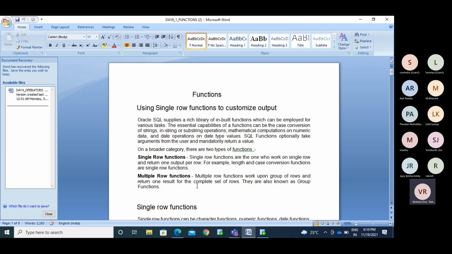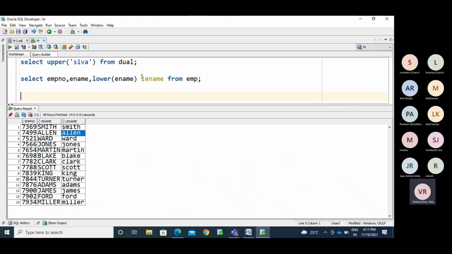If we have two children, one student got 90 and one student got 60. To find who has the maximum marks, 90 is the maximum and 60 is the minimum. If you take the average, 90 plus 60 divided by 2, the value is 75. For both people, it displays only one value. Here, for every row, it displays one value.